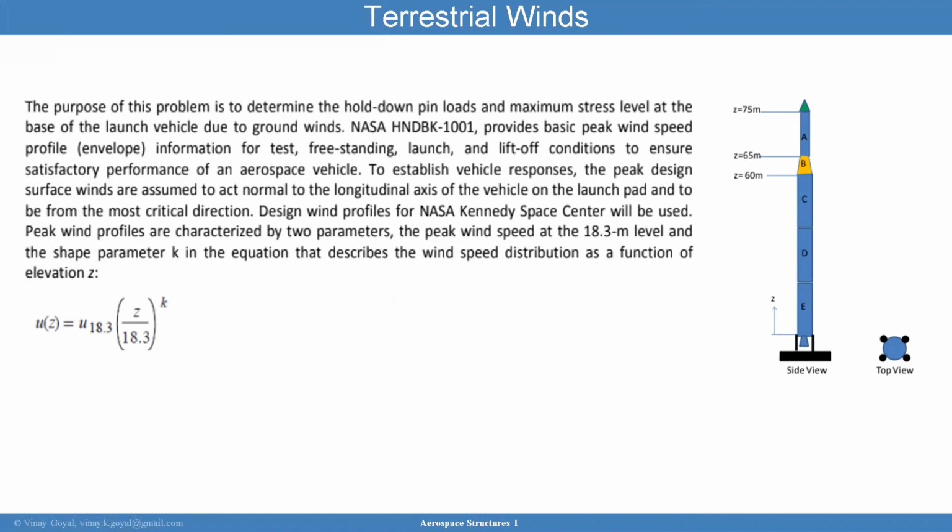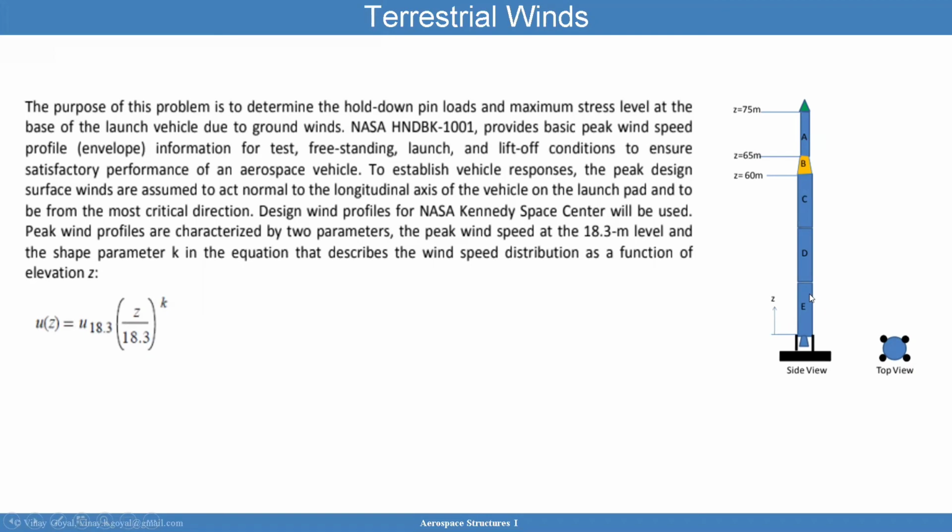So the design wind profiles for the NASA Kennedy Space Center can be used. The peak wind profiles are characterized by two parameters, the peak wind speed at the 18.3 meter level and the shape parameter K in the equation here. And that describes a wind speed distribution as a function of elevation. So at that reference height Z of 18.3, this becomes 1, and then you can find the speed at that location. And then you have K, which is a parameter that tells you the wind distribution as a function of